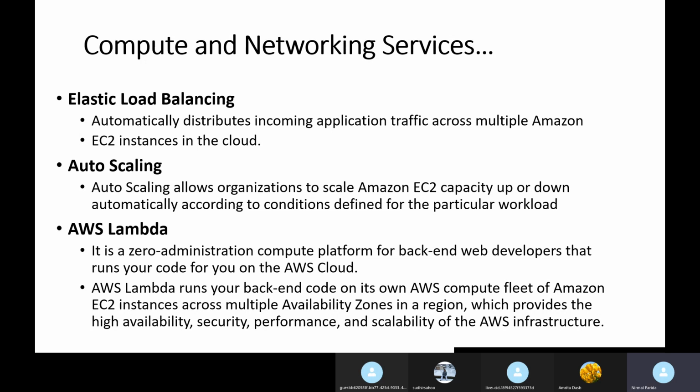For example, suppose one virtual machine can manage 1000 requests per second, and you are using two, so they can manage 2000 requests per second. Now you have some big billion sale or some spike at a particular time, and that may be 5000 requests per second, and you have only two. To manage that, you have to increase your capability and create some virtual machines so that they can manage the load.